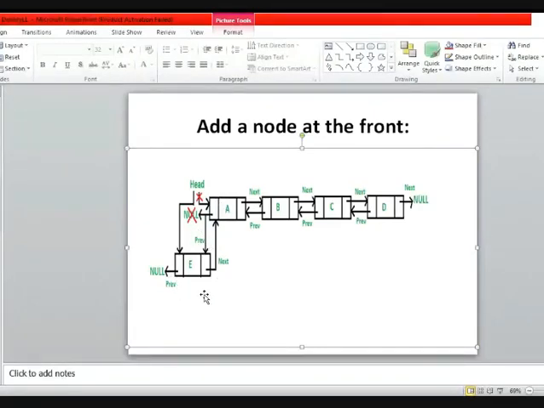Okay, so what you have to do first is enter the address of the head node in the next field of this created node. Once you have added the address of A in its next field, you have to remove the null pointer from the previous field of A, and you need to store the previous of A as E.